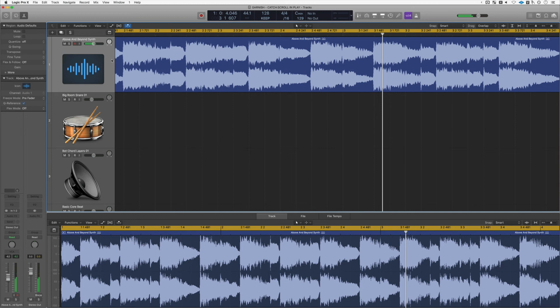So you see what's happening is that essentially Logic is moving with the playhead as opposed to it just being stagnant. Just another reason why Logic is such an incredible DAW and will help you